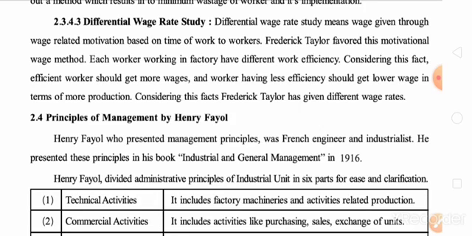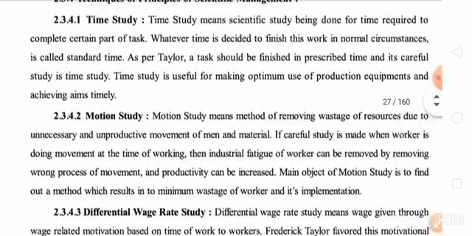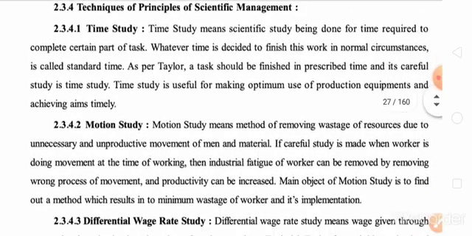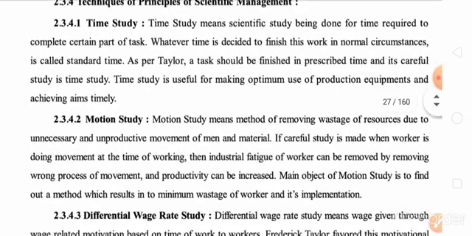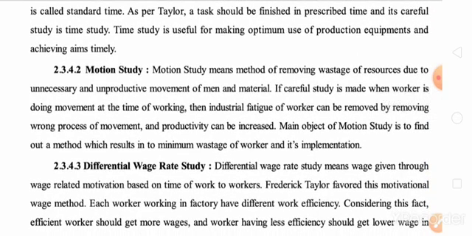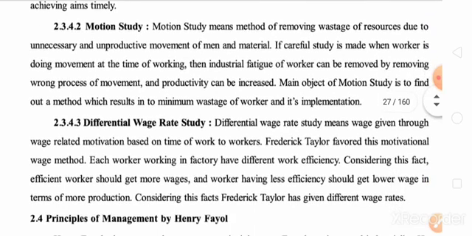So in this way, Frederick Winslow Taylor has given three different studies. First one is a time study. It means the standard time taken to complete a certain part of a task. Second one is a motion study, in which we have discussed removing waste of resources by preventing unnecessary and unproductive movement of man and material, and in this way we get more productivity, and it will be helpful in reducing the cost of production. While in differential wage study we have discussed that if the worker is efficient enough to give more productivity, then he should get more wages, and if he is an average worker, then their less efficiency should get them lower